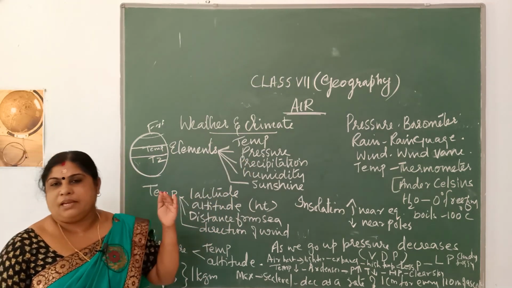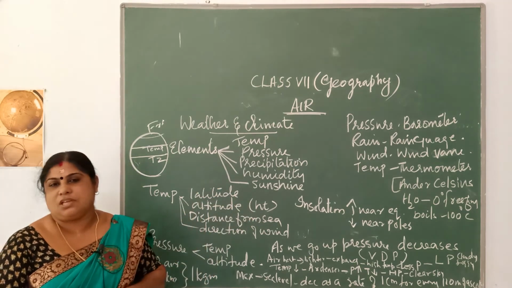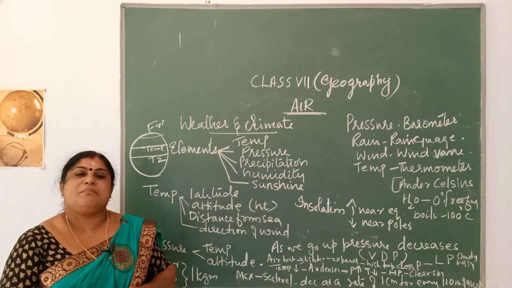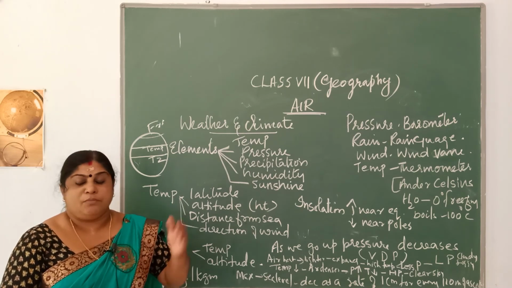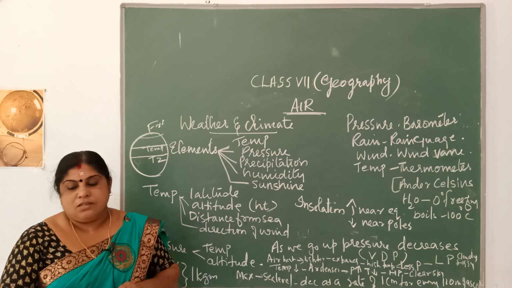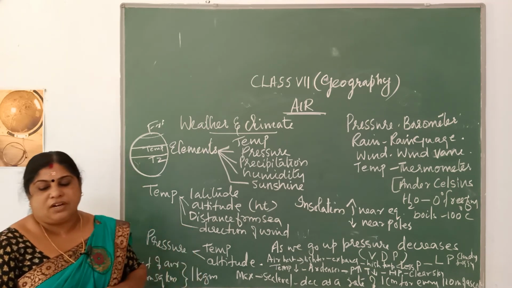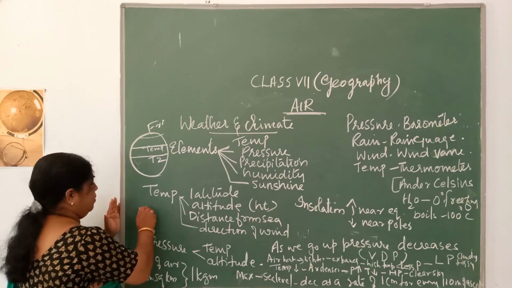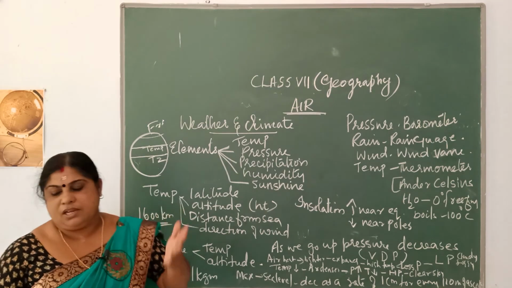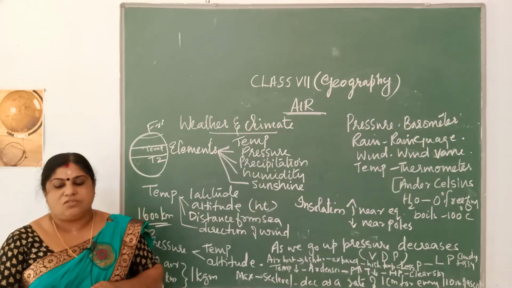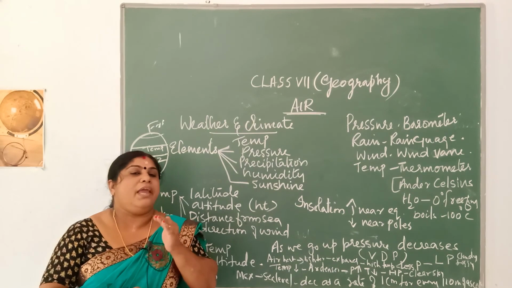So, the atmosphere you had already learned in the beginning of this chapter itself. What is atmosphere? Atmosphere means it's a blanket of air which protects us, isn't it? Different layers of atmosphere also you had learned. So, the atmosphere extends from the earth up to a height of 1600 kilometers, and this vast area